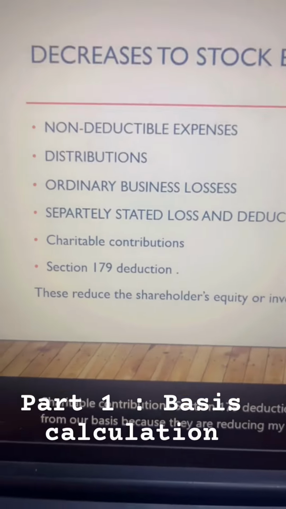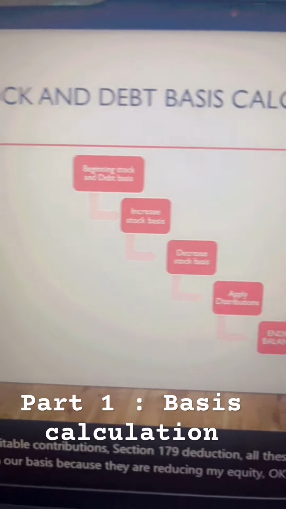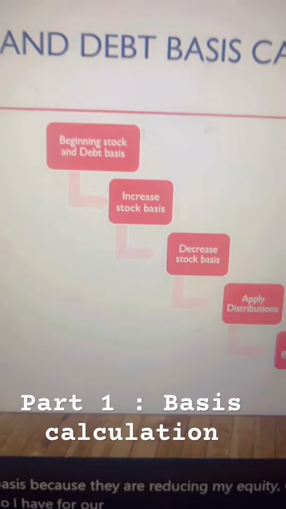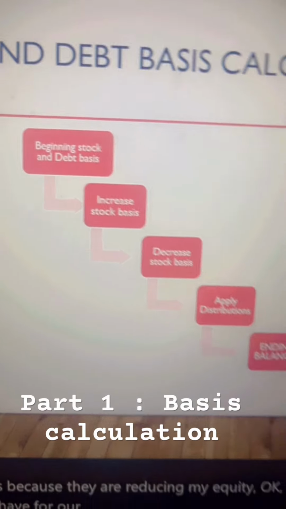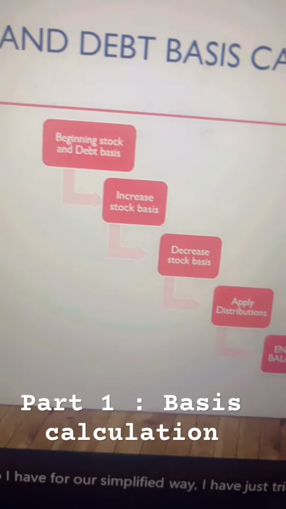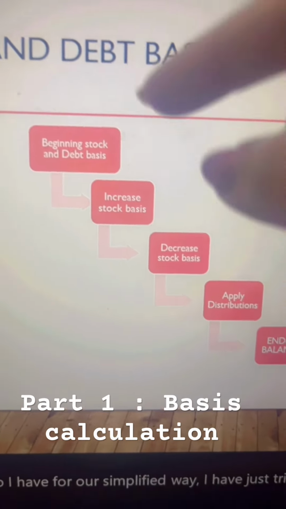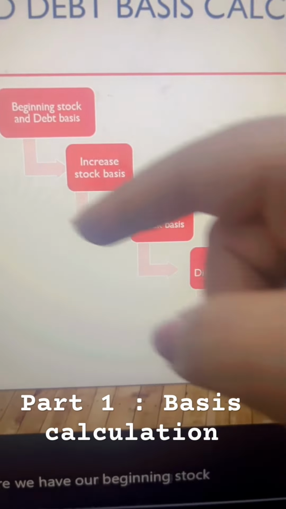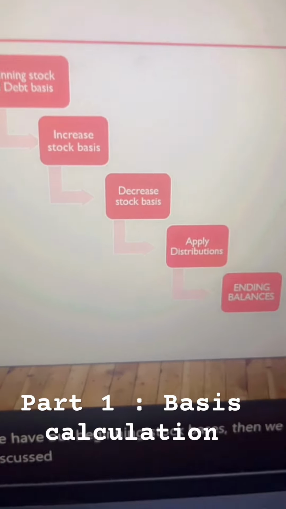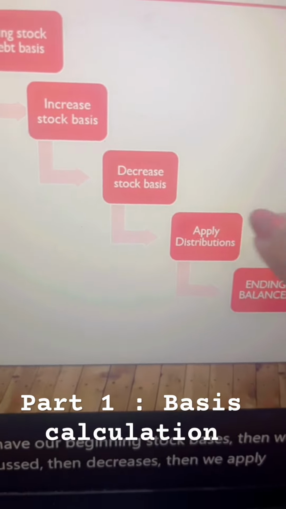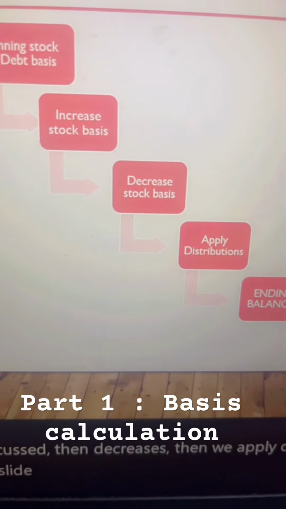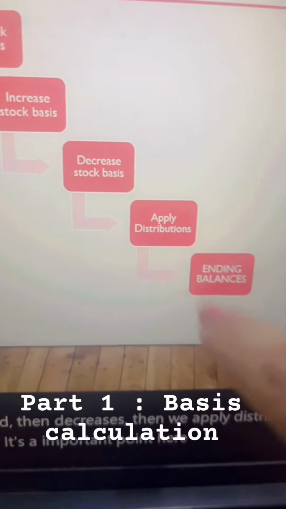Okay, and now how do we calculate the basis? In a simplified way, I have just tried my best to explain through a diagram here. We have our beginning stock basis, then we add up all increases, which I already discussed, then decreases, then we apply distributions. This I'll explain in another slide. It's an important point here, distributions. Then we reach our ending